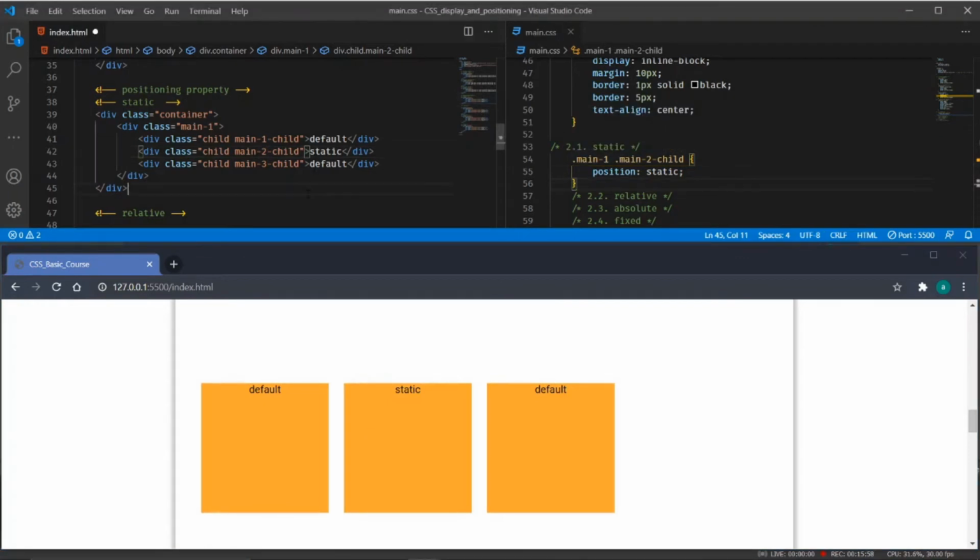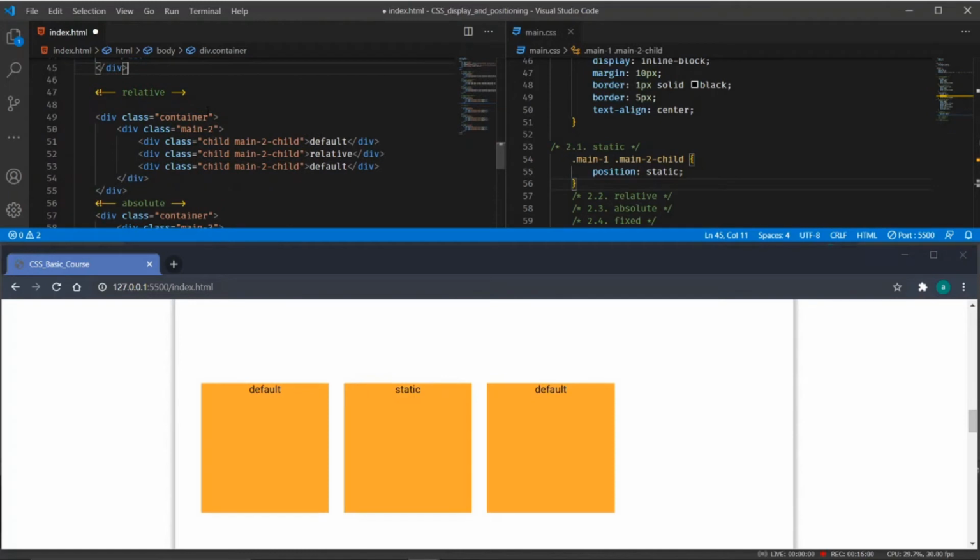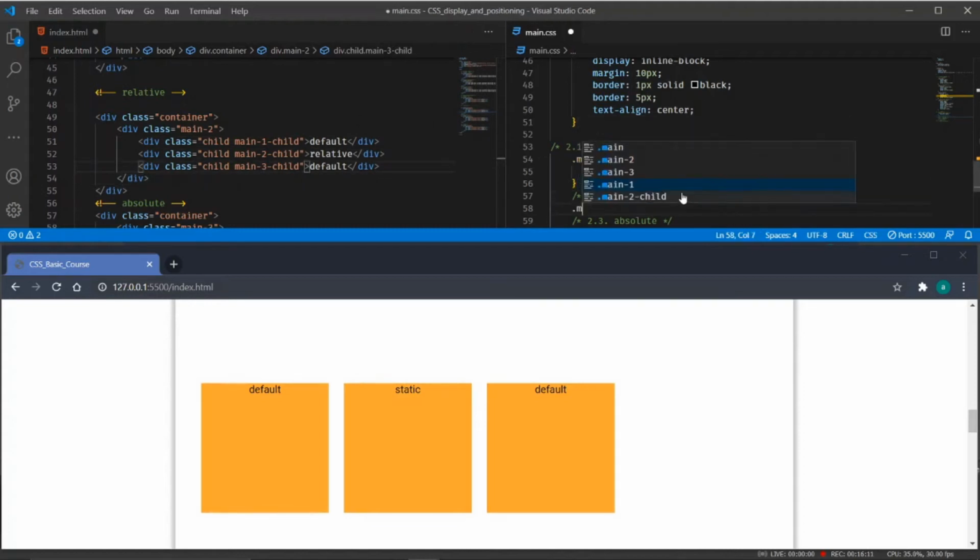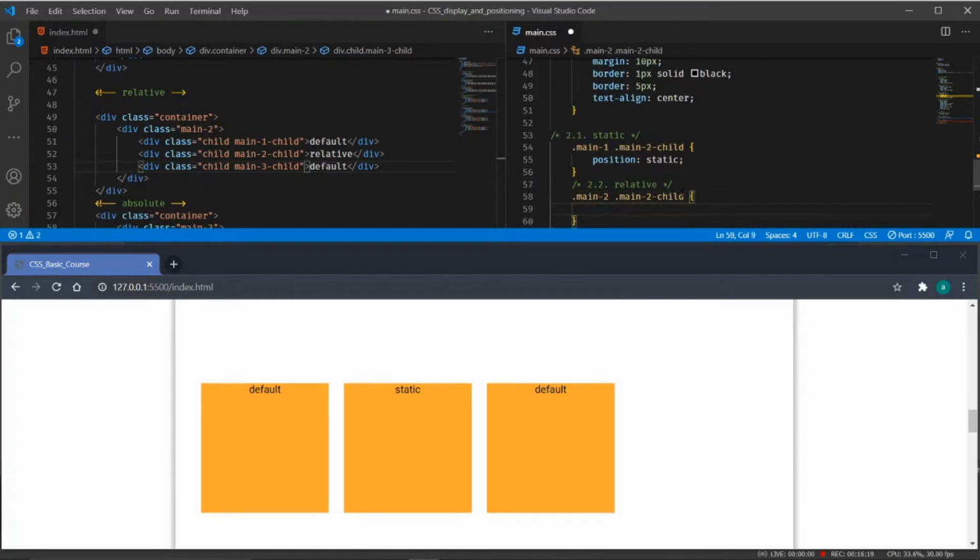Next we will go with the relative one. So for relative we are using the main2 container. We will target the main2 container and the main2 child, as we are targeting the middle one. For that we will be using,